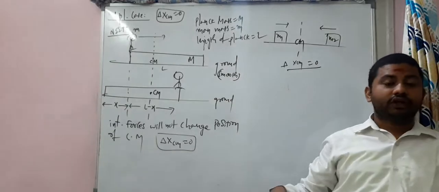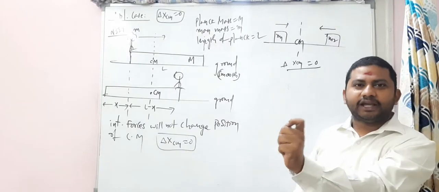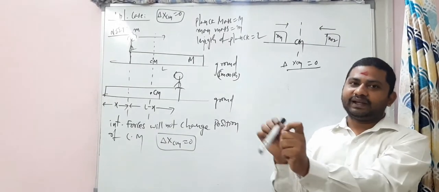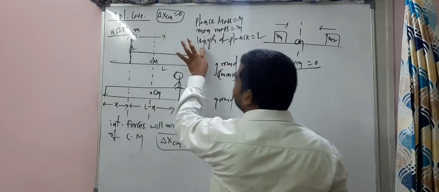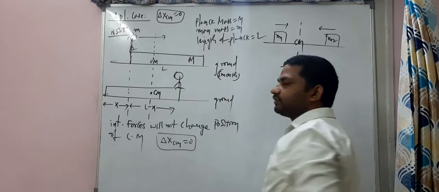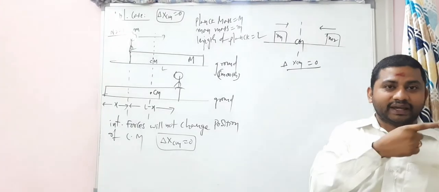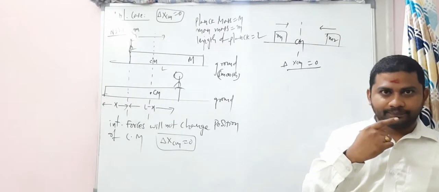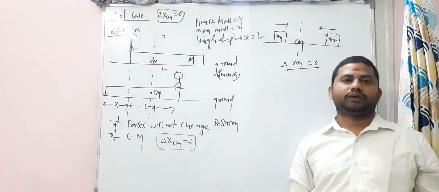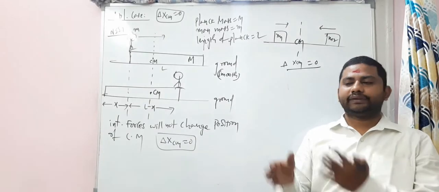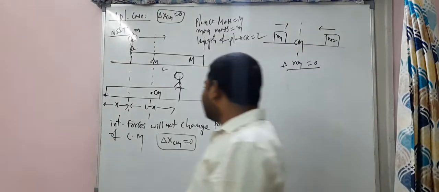When the ground is smooth, to keep the center of mass position the same, the sliding of the plank will take place. If the man is moving this side, for example, from here moving like this, the plank will go this side, because to keep the center of mass position the same, the plank will move. The plank will slide on the ground. Sir, this is a smooth surface, that is the reason it is sliding. If not smooth, what? Simple, it will stay there itself, and the center of mass position will change. That's it. Okay, delta XCM is 0.